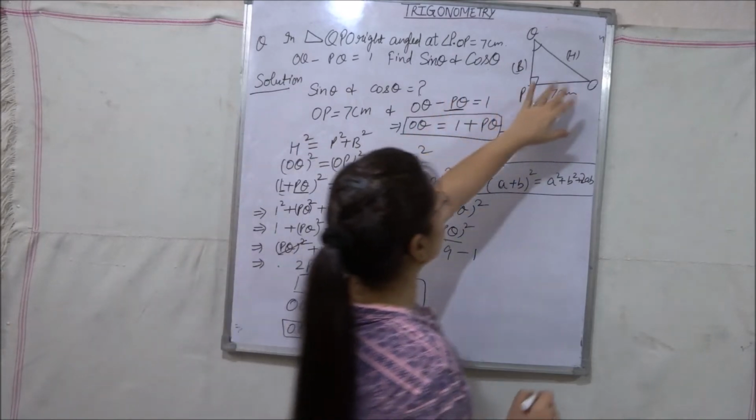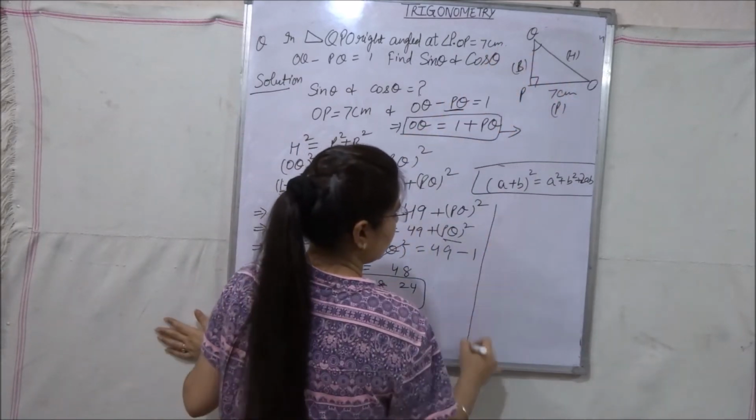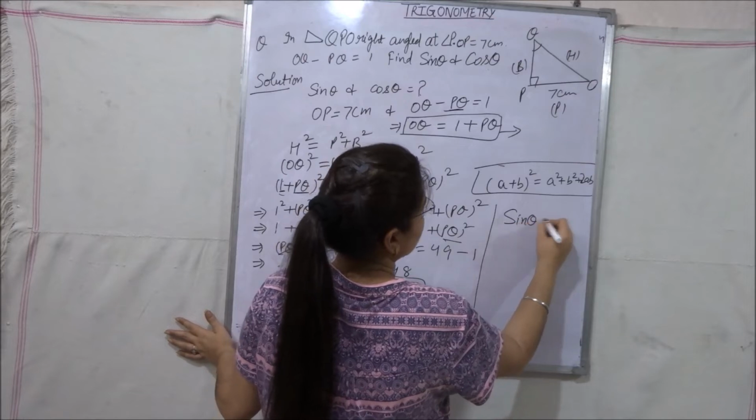So we had all the three lengths. Now we will find the value of sin Q, that is